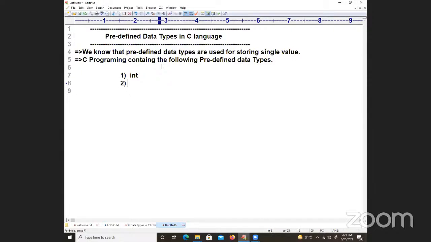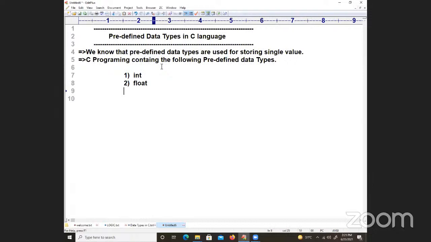We will explain to you. Next is float. Under the float, there are some subdivisions. And the extension to the float is called double. What is the difference between float and double? We will explain to you. The fourth one is the char data type. Under char also, we have some subdata types. And we have one more kind of data type, called void. Void is also one extra data type in C language, and you need not worry about its description at this stage.